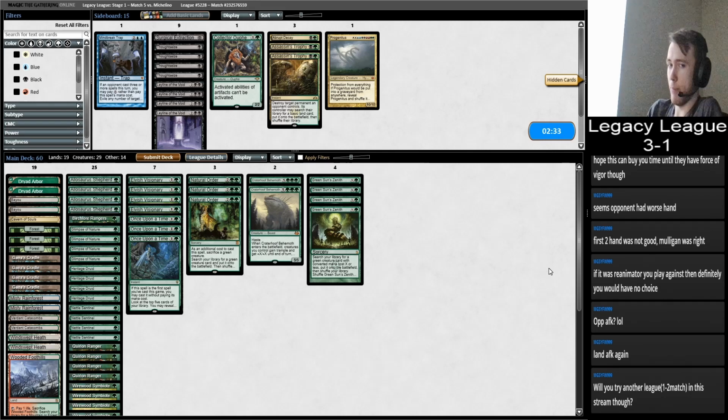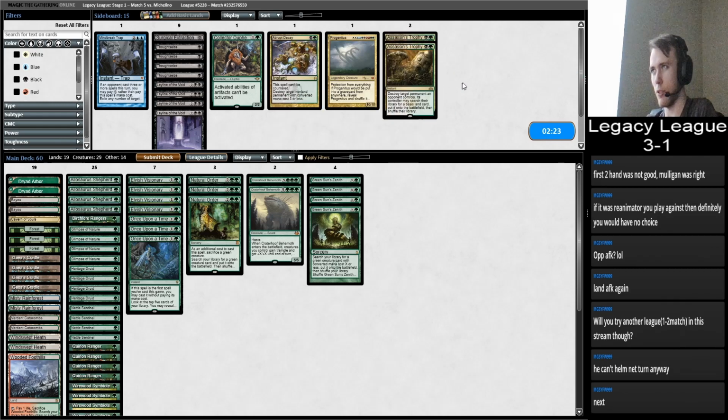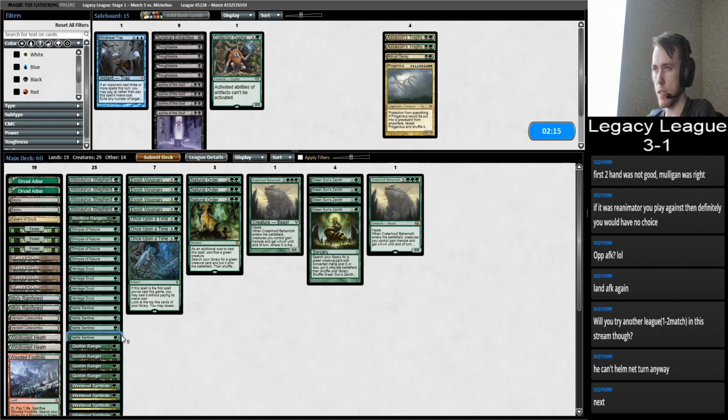I don't know what they're playing. They played Bant colors with Rest in Peace. I would assume they're playing Helm, so I'm going to bring in the Assassin's Trophy and Abrupt Decay to kill the Rest in Peace. I'm going to bring in the Progenitus over the Hoof. And...